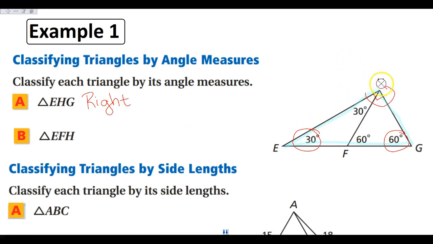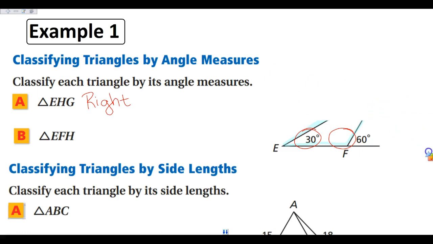Now let's look at our next one. My next one is triangle EFH, which is E, F up here to H. So we're looking at this triangle right here. I have one angle measure that is 30, another angle measure that is 30, but I'm missing this angle measure right here. But what I want to notice is if I look at this angle here and this 60-degree angle, for just a second, don't scratch anything out on your paper,